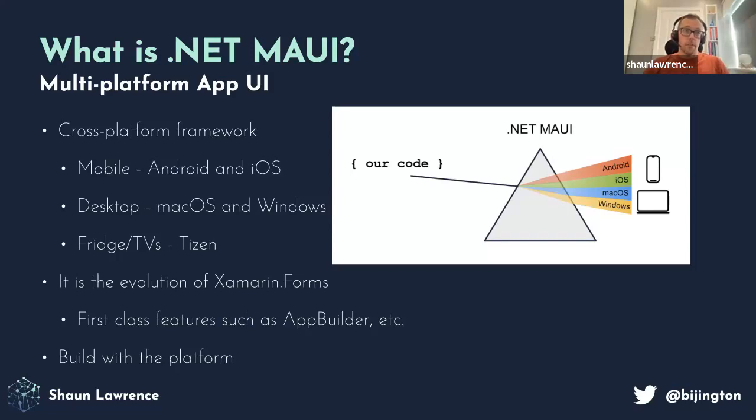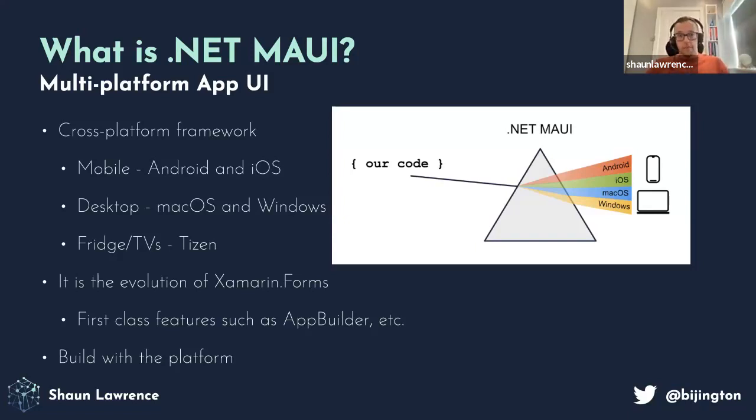So the top 4 on this bullet point list, or top 2, covering Android, iOS, Mac OS, and Windows, are all supported by Microsoft. The next one, Tizen, is supported by Samsung. So it's not first-party support from Microsoft, but Samsung is still a big company to consider a suitable piece of technology. And I did actually once, I still need to dig out a proper version of it, have a friend send me a video of one of my games, Orbit, a demo application running on a Samsung Tizen platform on a fridge, which is really quite cool.